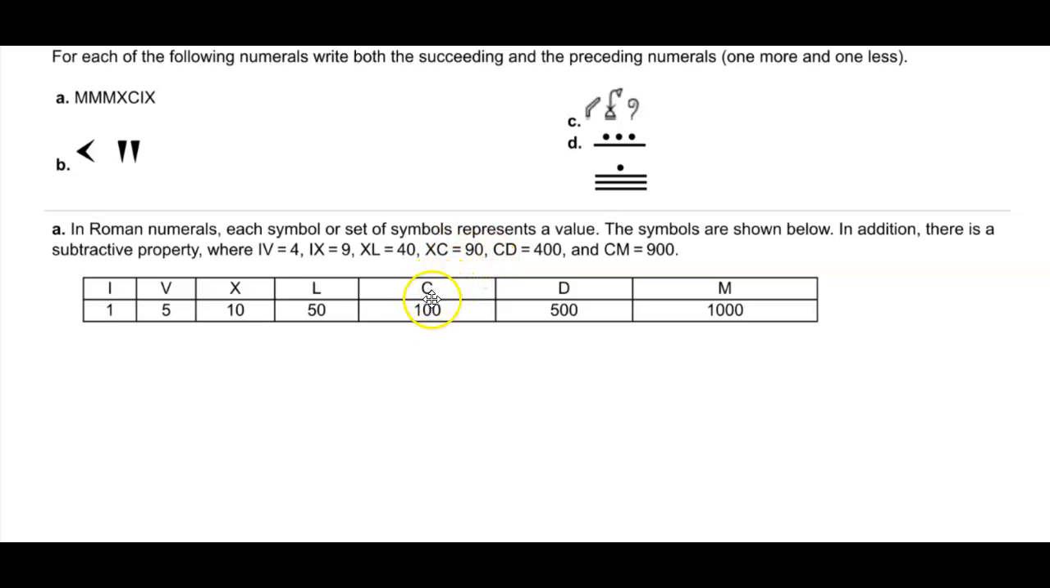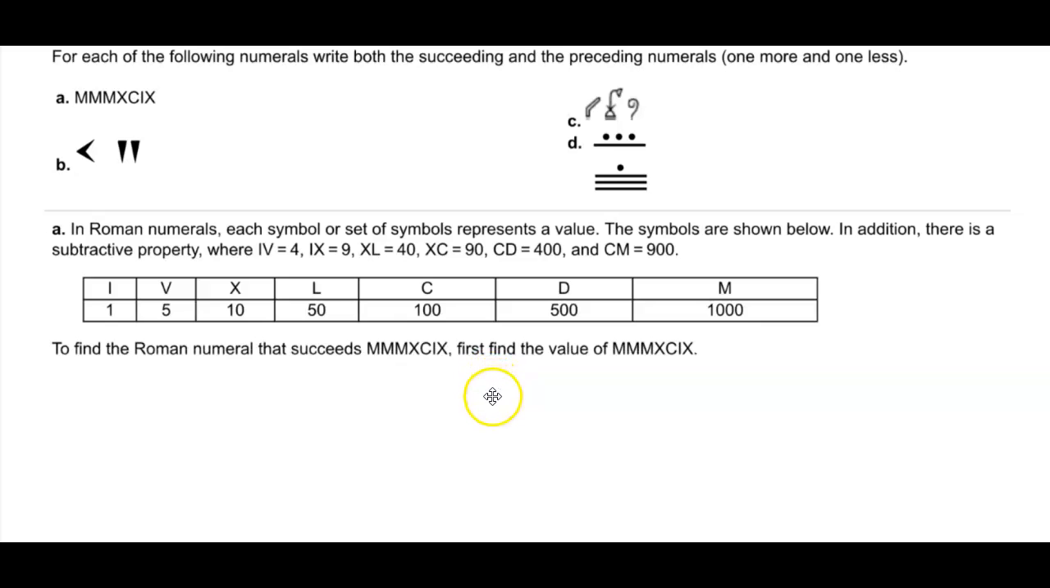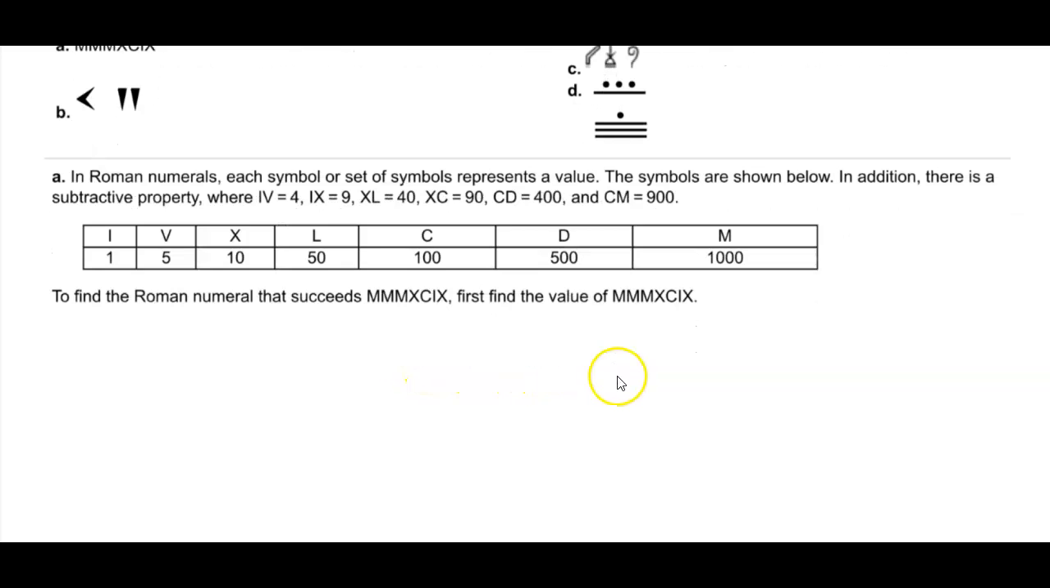XC, we're going to take C, which is 100, subtract 10 to give you 90. CD, we're going to take the value of D, which is 500, subtract 100 to get 400. And CM, we take 1000, which is M, subtract the 100 to get 900. Now, to find the Roman numeral that succeeds the following, we first need to find the value of it, okay,